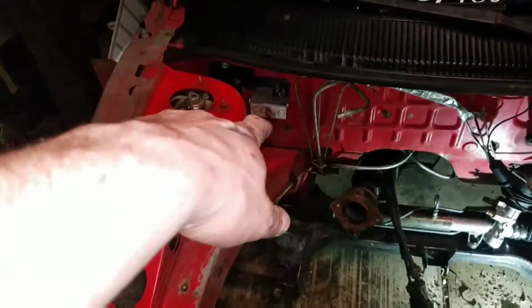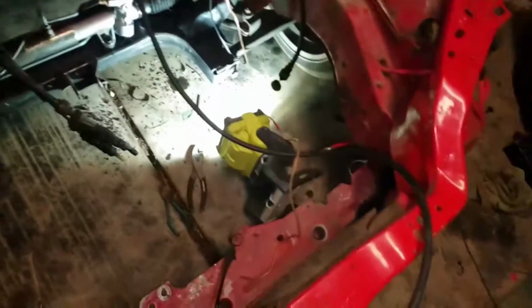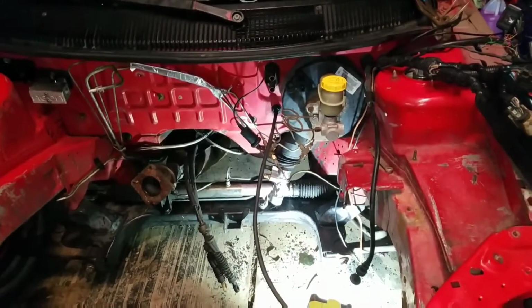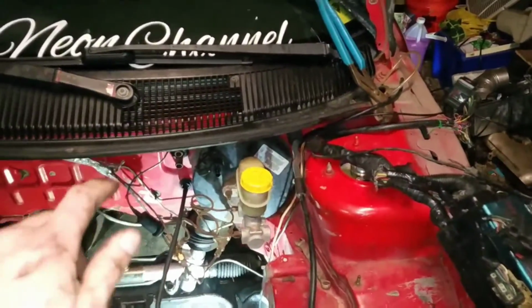And then I'll have to remove the AC block-off thingy-majig out of the way as much as I can. Just little knickknacks here and there. I'm just going to start removing stuff, and we'll be back once we have it all removed. So when I get back, we'll have no engine harness, no clutch cable, no throttle cable, and no